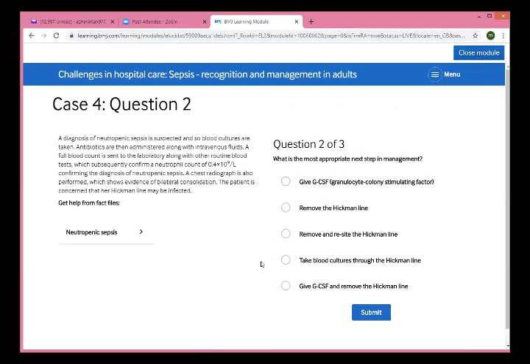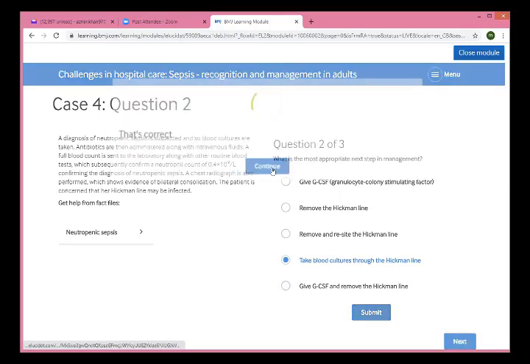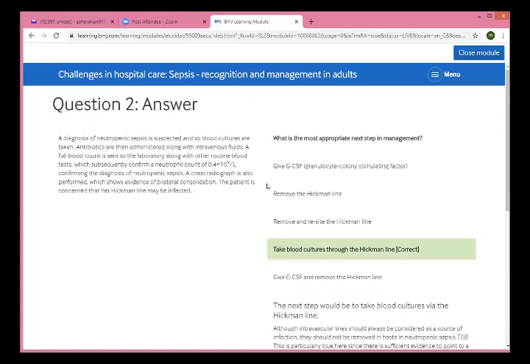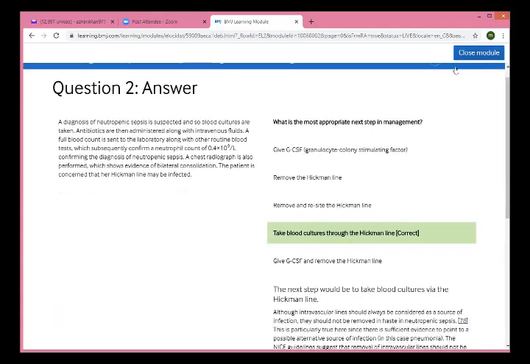So what you do, you need to take the blood cultures from the Hickman line. Again, cultures are the first most important thing. So I think I'm going to close this module now, and we're going to quickly go through the